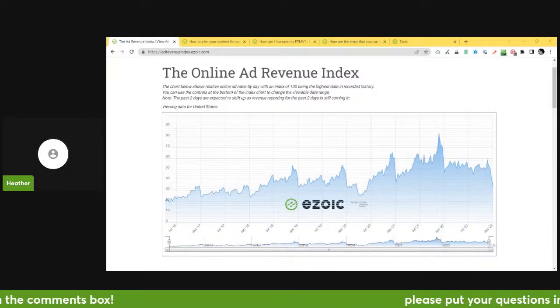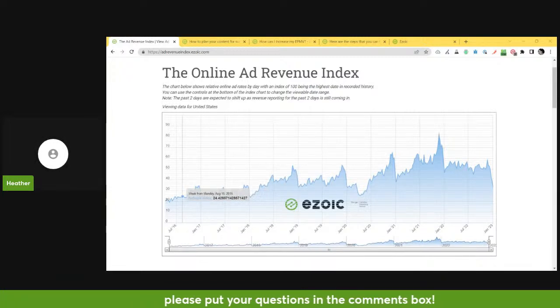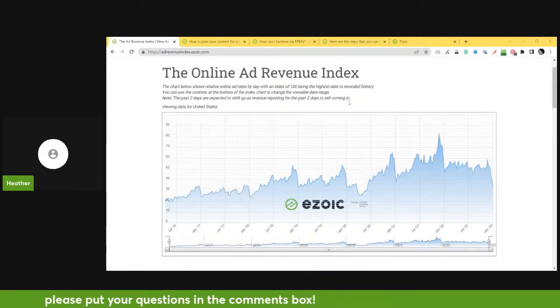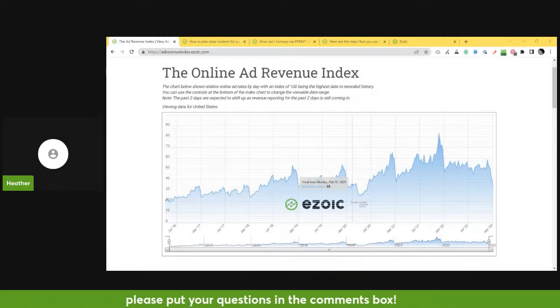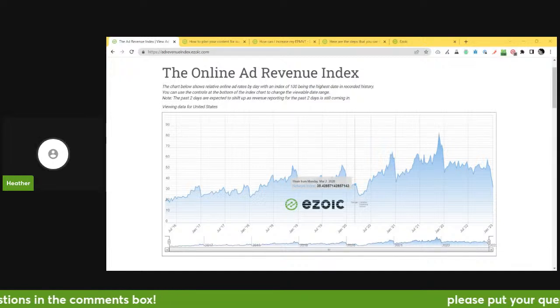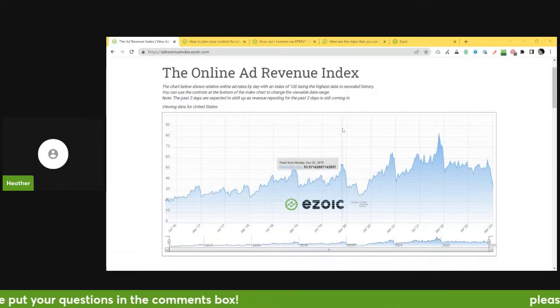Okay, so what I'll do is while we're waiting for our first questions to come in, I'll talk you through the next step of the online ad revenue index. If you haven't gone to the ad revenue index before, then please do check it out. It's a really useful tool for you to be able to see what's happening globally with ad rates, and really useful for you to be able to understand what's happening with your site. Is it local just to you and so potentially there's an issue, or is it global and just a natural part of the publishing space?